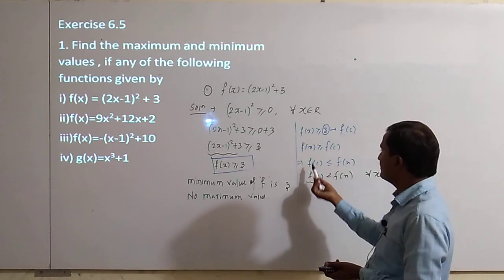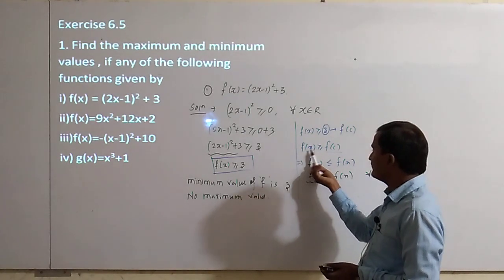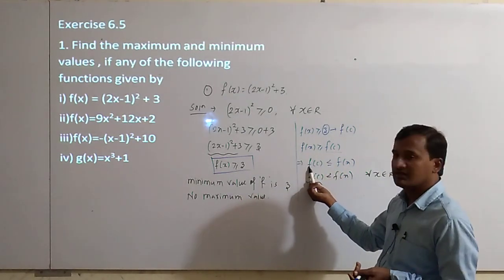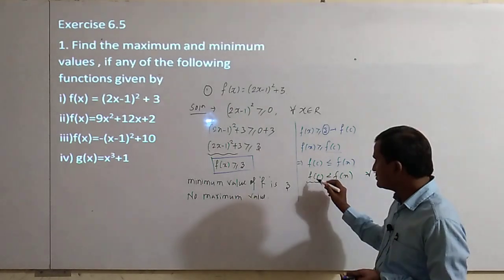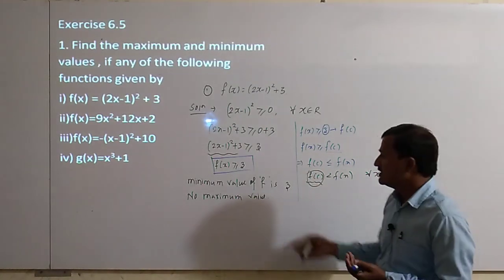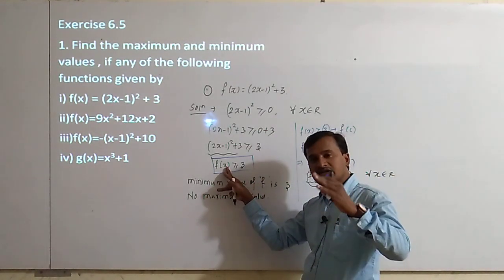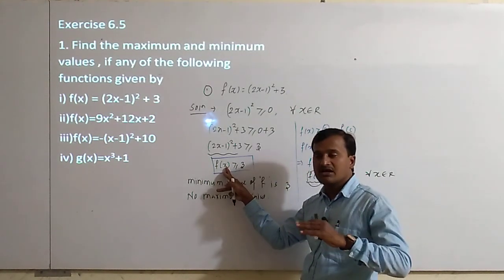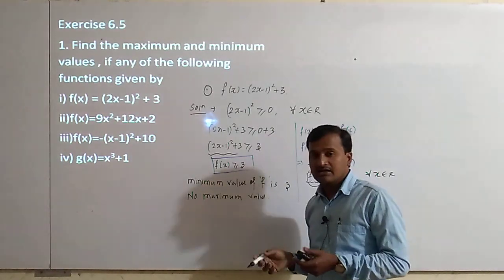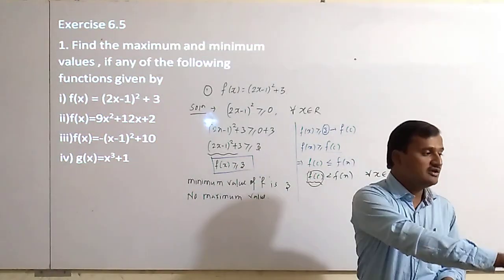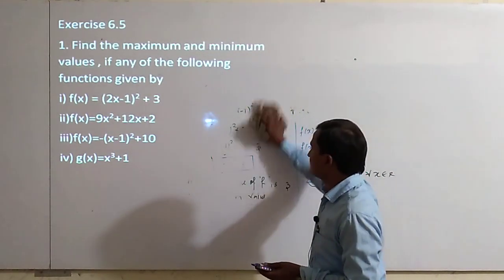So therefore the same one, f of x is more than or equal to 3, where 3 is nothing but f of c. f of x is more than or equal to f of c means we will write f of c less than or equal to f of x. f of c less than or equal to f of x means f of c is the minimum. So therefore f of x more than or equal to 3 means that 3 is less than or equal to f of x, hence the minimum value of f is 3. Okay, and clearly this function does not have any maximum value. Okay, right. Now I will go to the second.